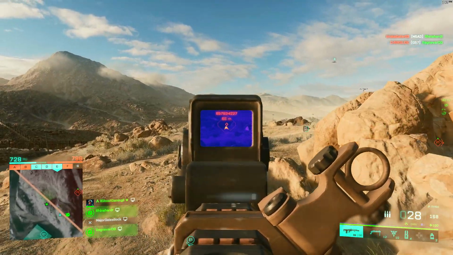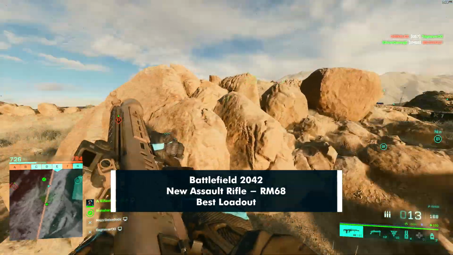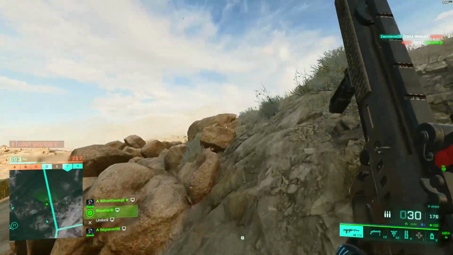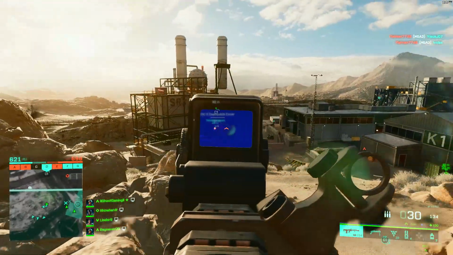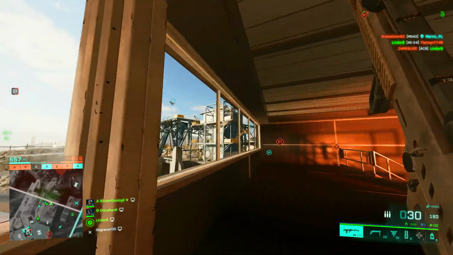Yo, what is up guys, Ghost here, and today we're taking a look at the new assault rifle in Season 4, the RM68. And not really surprisingly, it's really good. Possibly the best assault rifle in the game right now. So I've unlocked almost everything for this gun, and I'm going to show you guys how to get the best